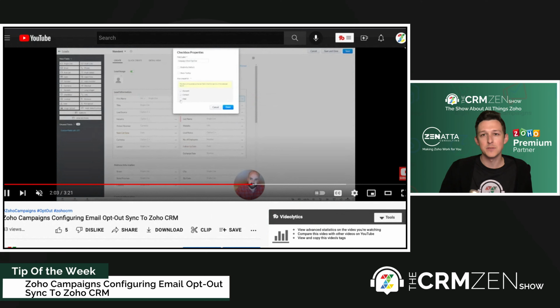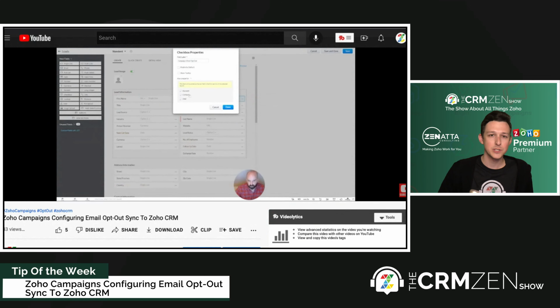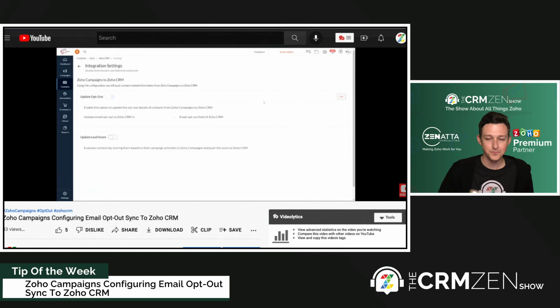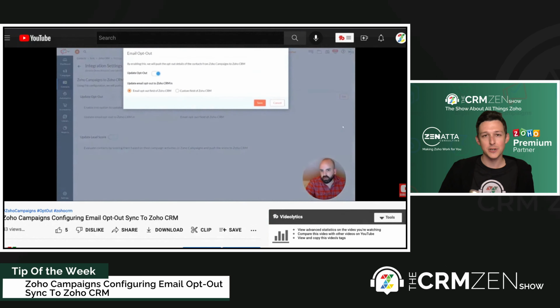Any of those types of emails following up with someone who purchased, you'd classify as what's called a transactional email, which means that it's not the same as a marketing email where there is an unsubscribe, right? Like, we've taken money from you. We must email you to make sure we can fulfill our product or service for you. And when that default email opt out field in CRM is checked, you cannot send any emails to that contact.